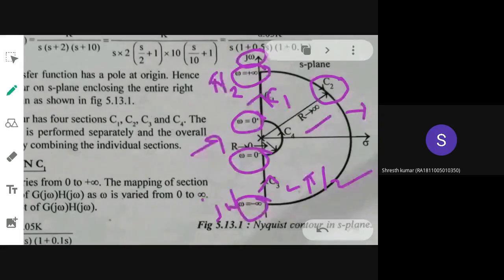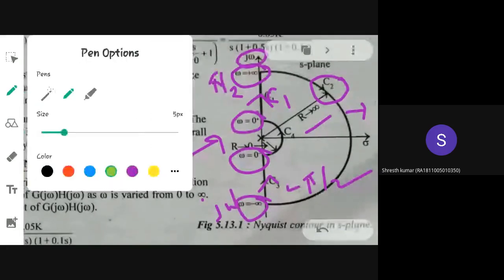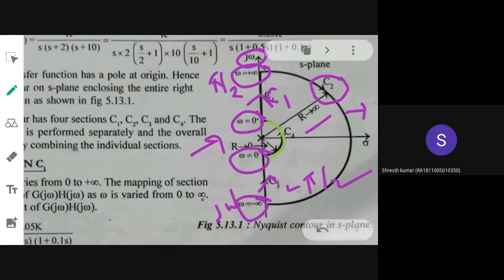Now you are having that extra segment that I am going to draw here, that is C4, that I am drawing in green color. That will not usually be present, but because you are having a pole located at the origin, you are having that segment and it is very close around the origin. So the radius for this segment will be 0. And it will be ranging from, I think, minus pi by 2 to plus pi by 2. It will be in the reverse direction when compared to this main arc. So it will be traveling from minus pi by 2 to plus pi by 2.